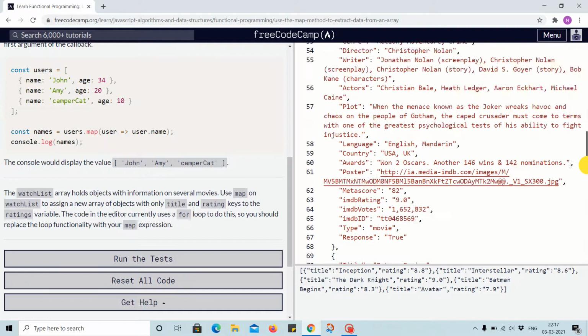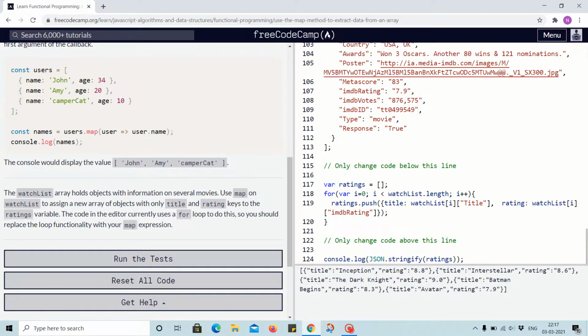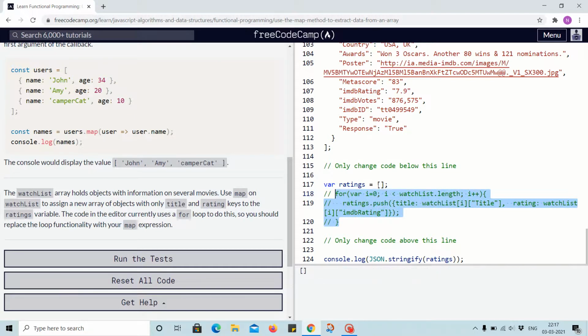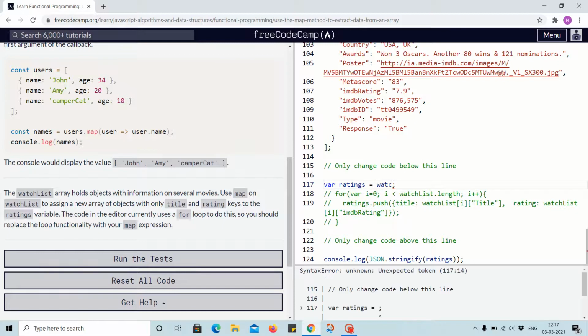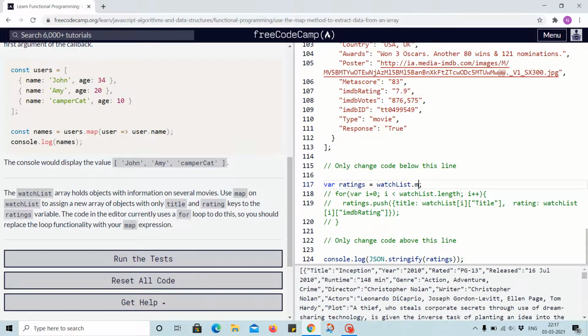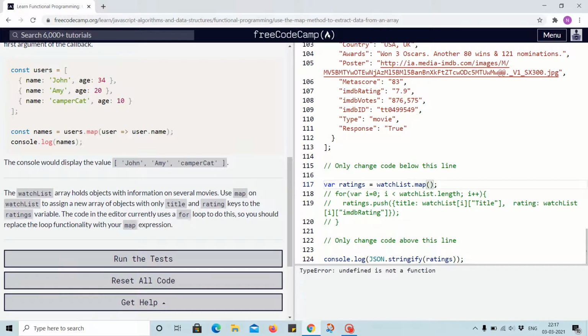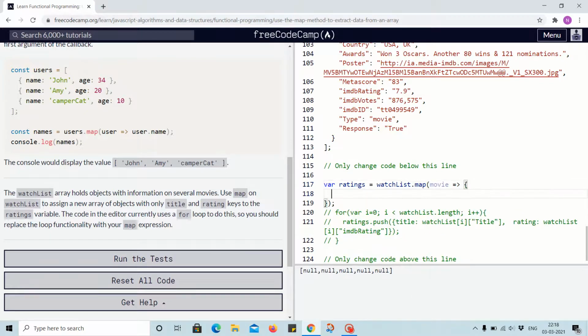In that case, let's remove the for loop and we will be using a map expression. So on watchlist we will use the map method, and inside the map method the object is movie in this case. And for return we will create